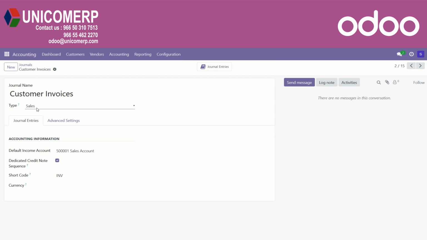In Odoo, we have 5 types of journals. One is sales journal. All sales related transactions like customer invoices and credit notes will be recorded under this journal. The purchase related transactions like purchase bills and purchase credit notes etc. will be recorded under the purchase journal. Miscellaneous entries like cash basis entry, stock valuation, miscellaneous expense recording like petty cash etc. are recorded under the miscellaneous journal. The bank and cash related entries will be recorded under the bank and cash journal respectively.